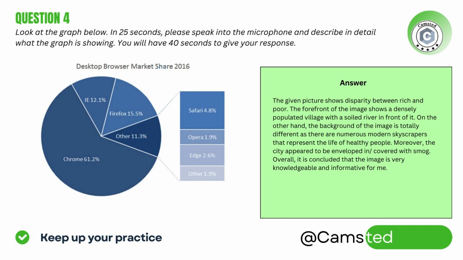Followed by the second highest figure of Firefox at 15.5%. On the other hand, the minimum figure is of others, which includes Safari and Opera, at 11%. I can see some more information regarding IE. Overall, it is concluded that the pie chart is very knowledgeable and informative for me, or after analyzing the key